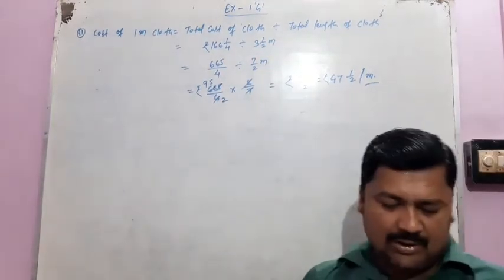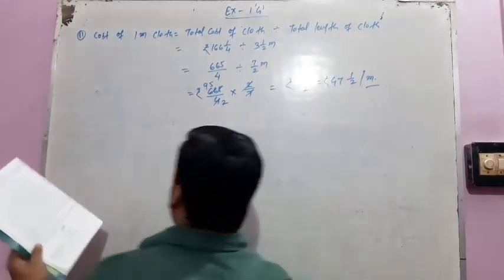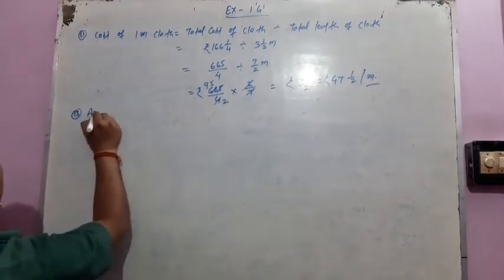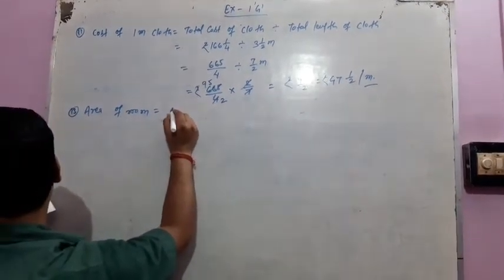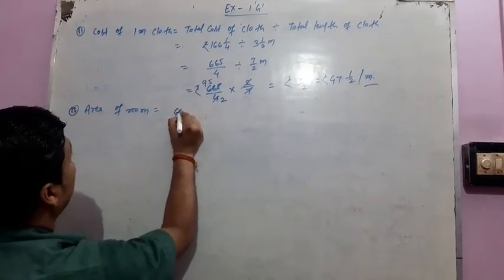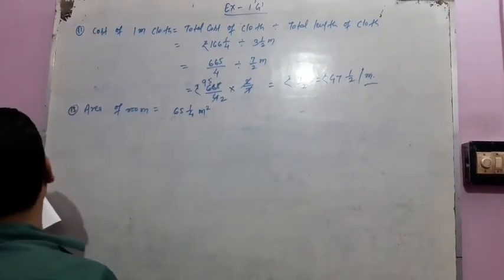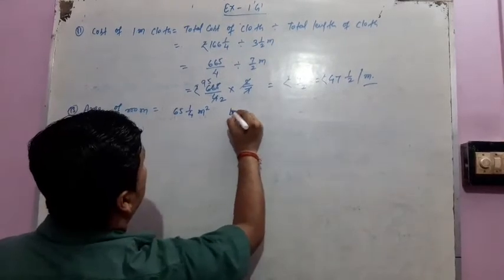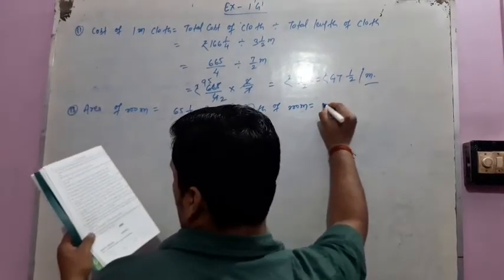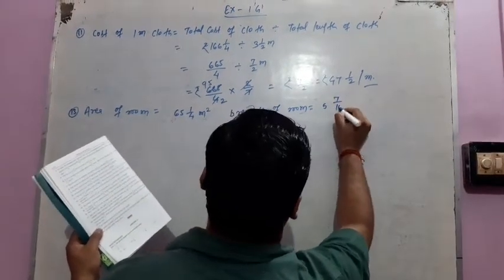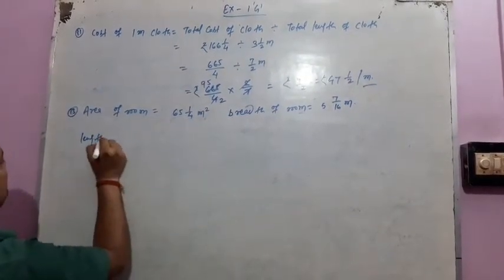Okay, question number 12 is the same, so you have to solve it by yourself. Now look at question number 13. The area of a room is given here as 65 whole 1 by 4 meter square, and the breadth of the room is 5 whole 7 by 16 meter. What is the length? Therefore the length of the room is equal to